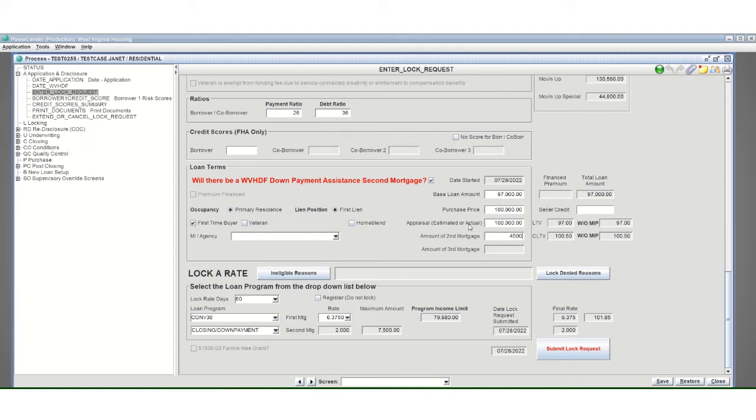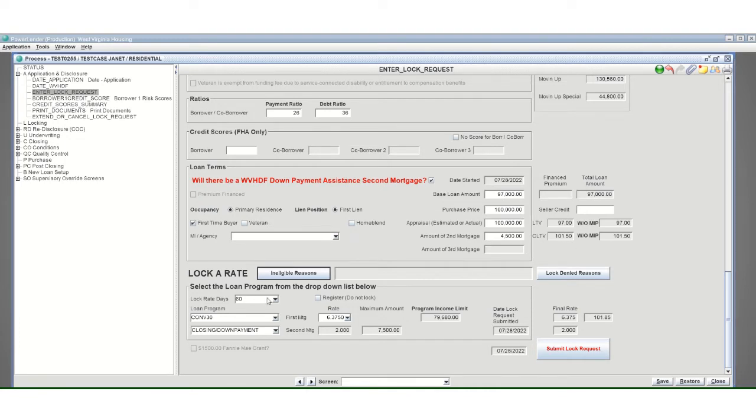As I mentioned, we're just making a simple increase in this instance to the second deed of trust loan amount. So I'm just going to go to that field. I'm going to tab out so everything updates. You can see here that my CLTV changed, which is great to see. The program, the rate on the second, obviously everything's staying the same there, and I'm below the 105% total CLTV,